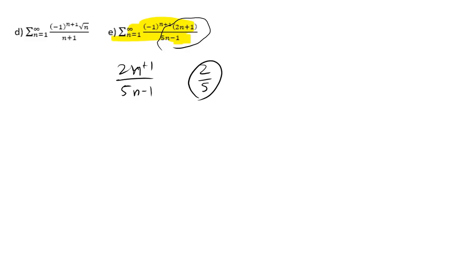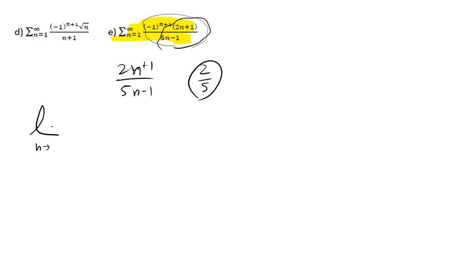So definitely when you add 2 over 5, that's not going to be convergent. So we know that this is not absolutely convergent. But if you think about it, this limit itself being something other than 0 actually tells you that the series will not converge. So we just say